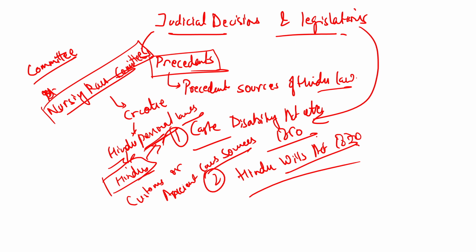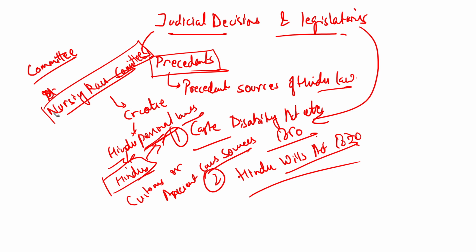You can refer to the Hindu Marriage Act of 1955, that how the marriage needs to take place and everything. And if you still feel that this particular law is in conflict with the laws which have been governing the society, then only are you going to refer to the ancient sources of Hindu law. So this is why it is important for you to understand that post the judicial decision legislations, there was the